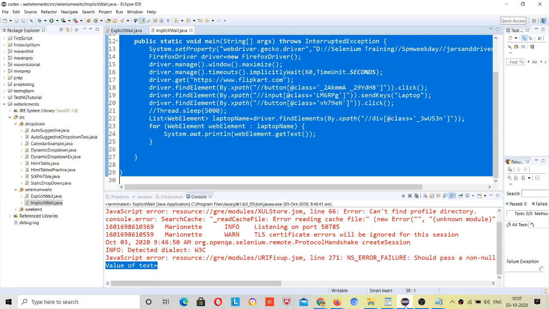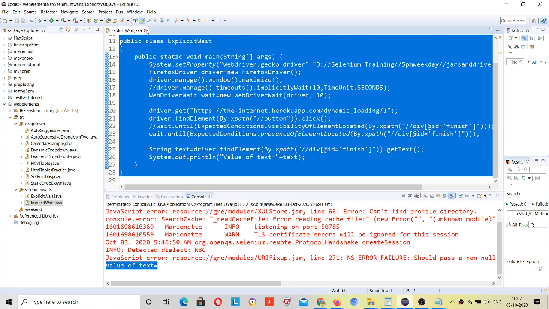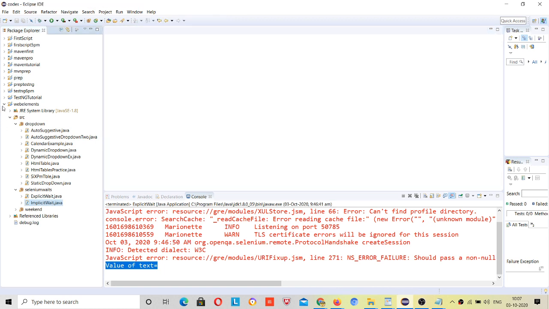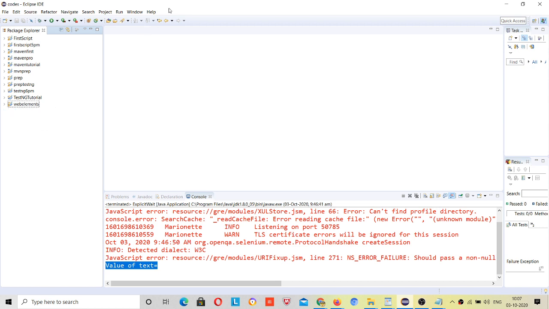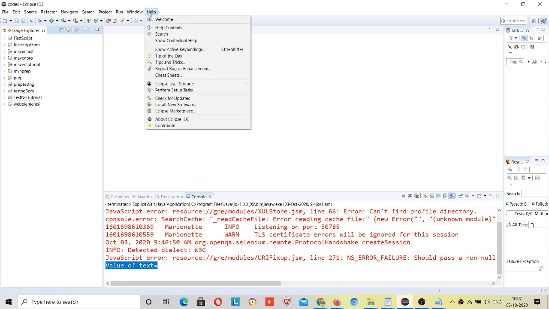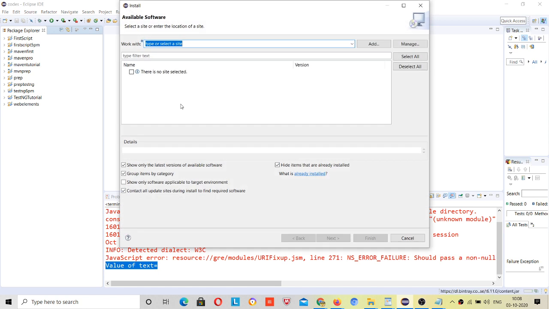So for installing TestNG, I will come to the introduction part. What is TestNG, what is Maven, later on. First let's install the prerequisites of it, so that we can start working. Now just go to this Help section. If you are using Eclipse, then go to Help and Install New Software, and paste this last URL.